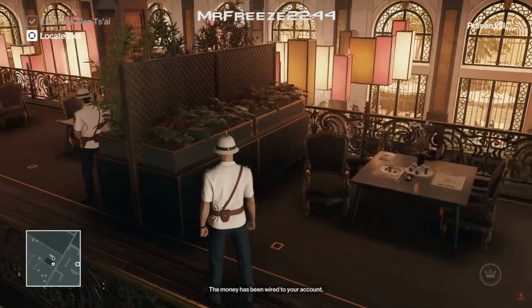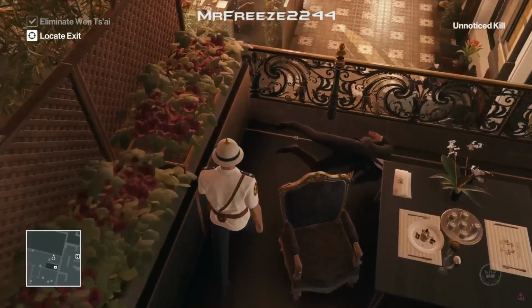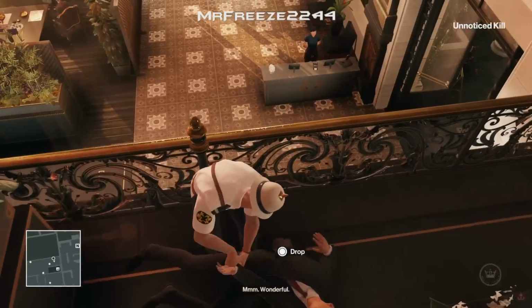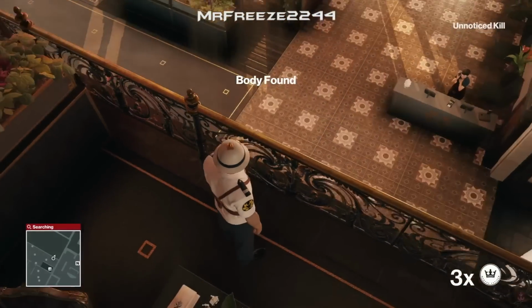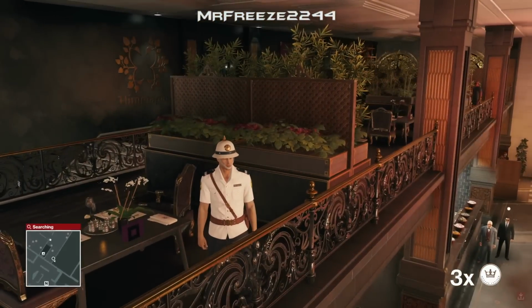I've stabbed him in two different locations now, and both times no one's been seen through the wall or anything like that. But just say he did. What we're going to do is exactly the same thing. In fact, let's dump him over the edge to get his body found. There we go. So let's just say you've messed up and you got seen through the walls,